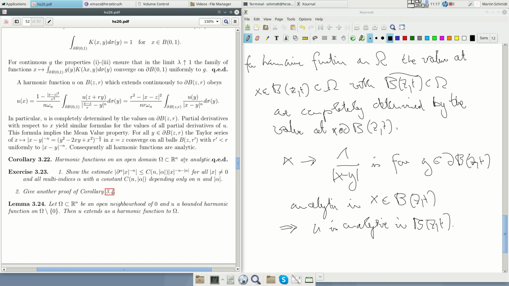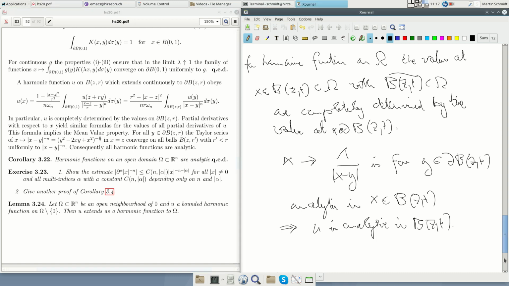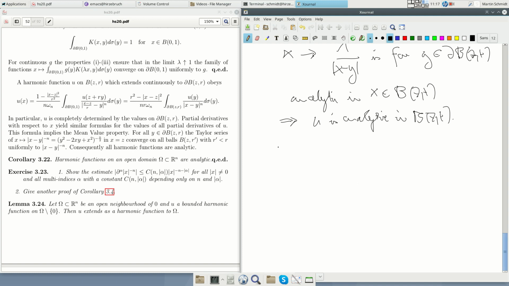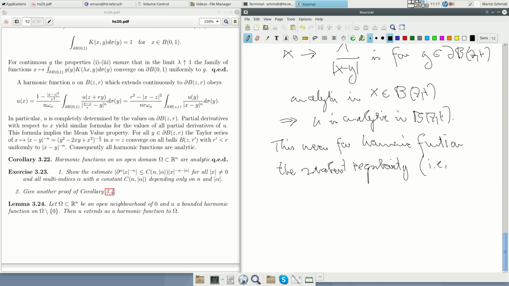Now we have really that for harmonic functions, the weakest regularity, so it is harmonic distributions,